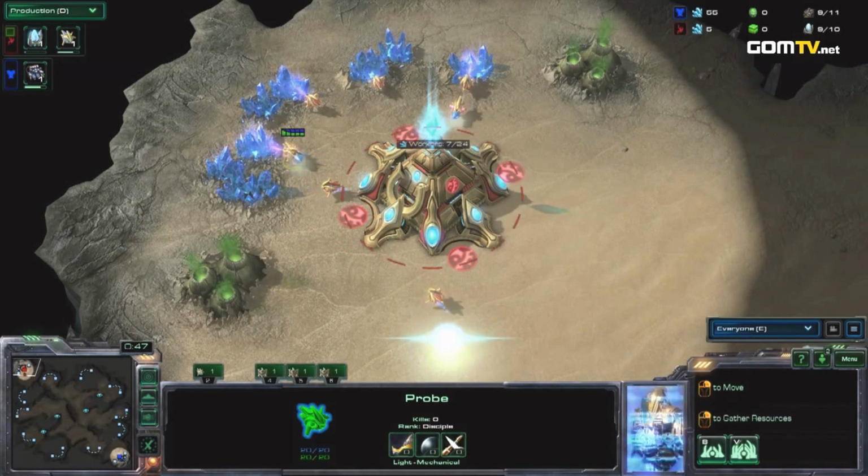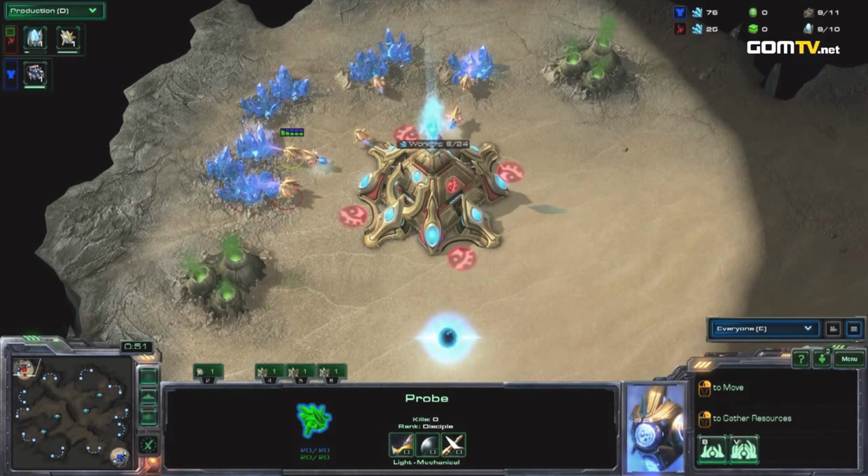Killing wastes in red. We have the Protoss players. Starting for Team NS Hosa, it is...